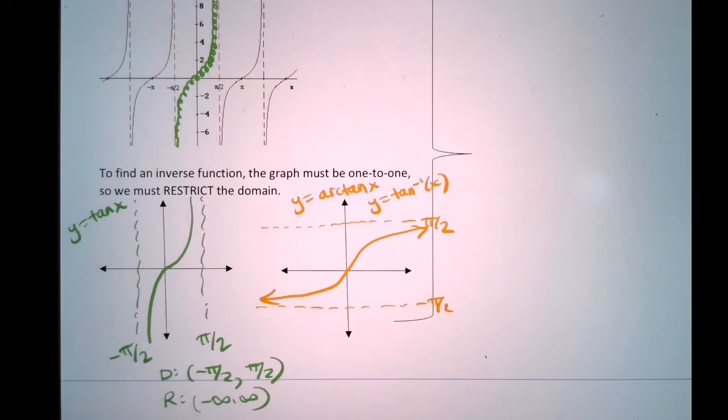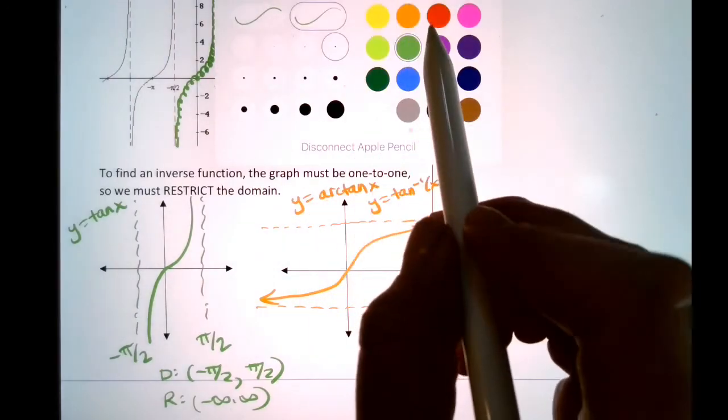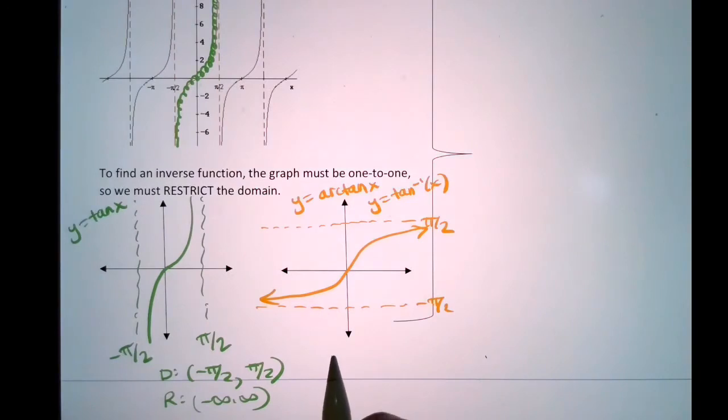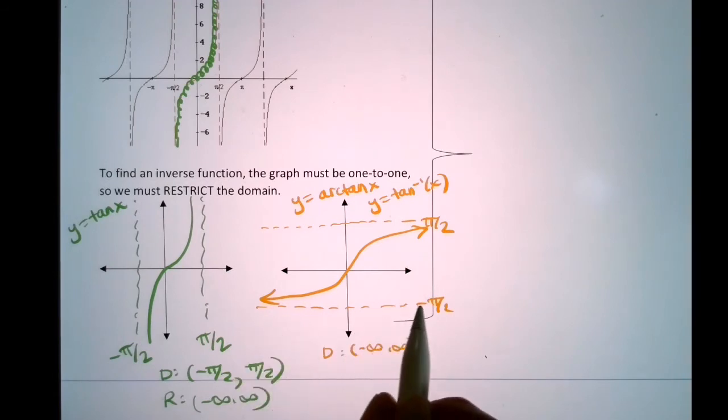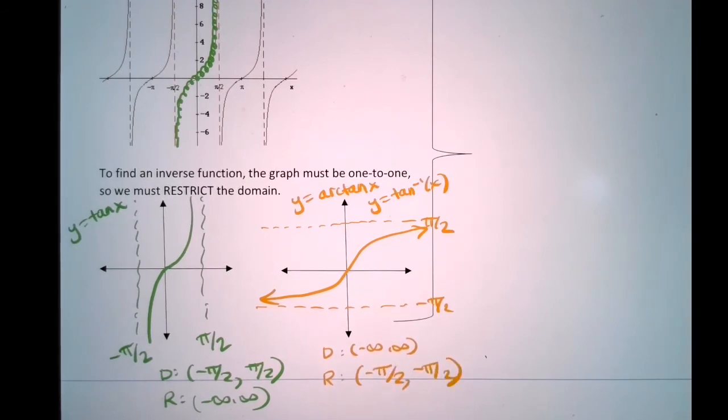Okay, now that means for your arc tangent graph, your inverse tangent graph, those things reverse. Your domain is now all real numbers. You can plug in anything you want to on the x-axis. But your outputs are bounded between negative pi over 2 and positive pi over 2. So when you think about